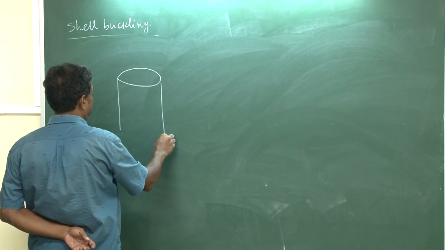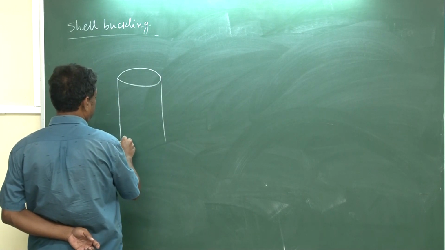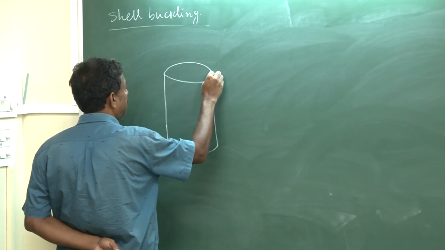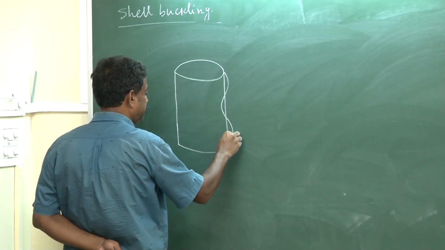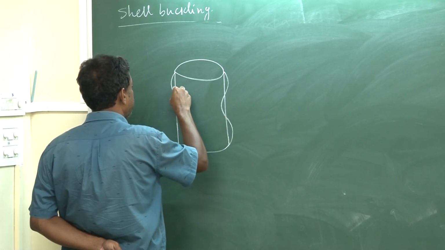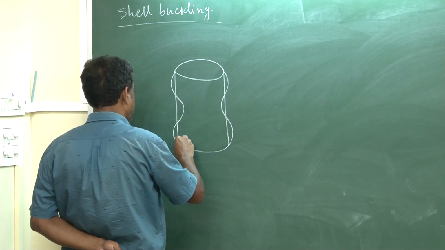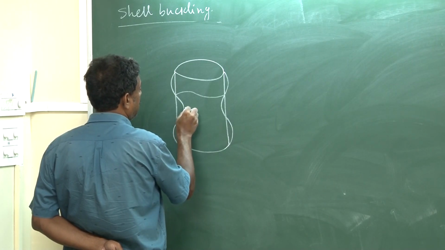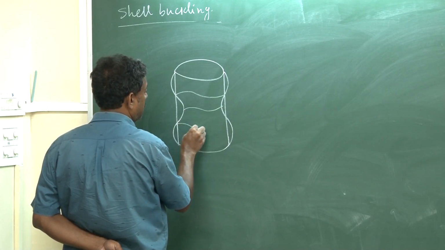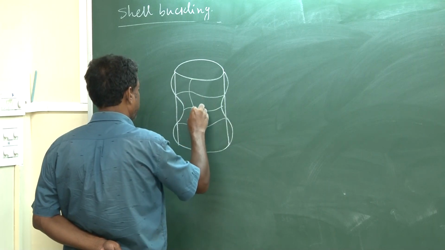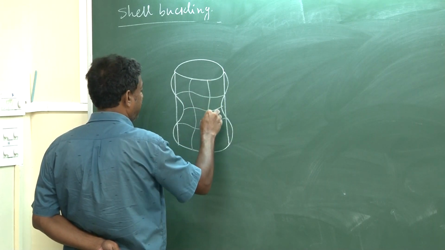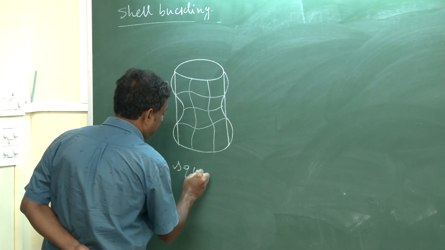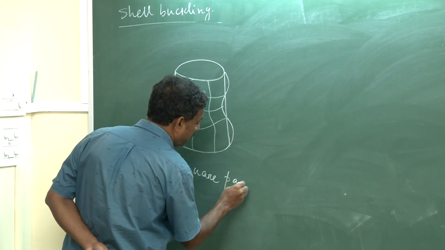how will it look? Initially, in the simulation, whatever we have learned, this will buckle like this, and here also something like this. What kind of pattern is this? This is a square pattern, right? Square pattern. That is what we have assumed when we